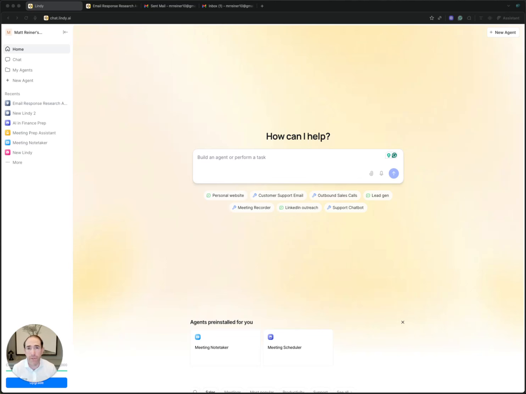I've looked at a lot of different agentic tools to help me create agents. Agents are those little technological worker bees that go and execute on your behalf. And I've tried a lot of them. I've tried this one that I'm showing today called Lindy before, and it was very difficult. I struggled with it, but they recently launched an ability for us to just talk with Lindy to help build the agent. And that was the struggle I had. Building the agent was very difficult. Now you can just talk with it, just like you do in an LLM.